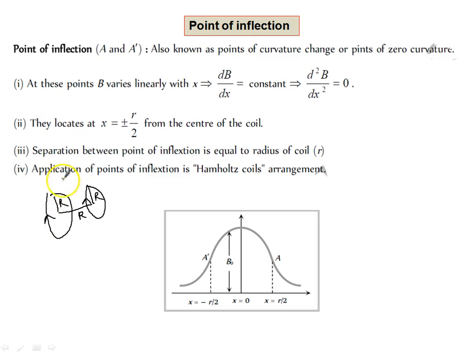And when you know at x equal to plus r by 2 there is a maximum magnetic field, then if you observe, due to this coil and due to this coil at x equal to r by 2 distance, the magnetic field will add up, that is B1 plus B2, and that will be the magnetic field between the two current carrying circular coils. Or you can say there is a maximum magnetic field at a distance r by 2 in the Helmholtz coil concept. So let us go to the next page.